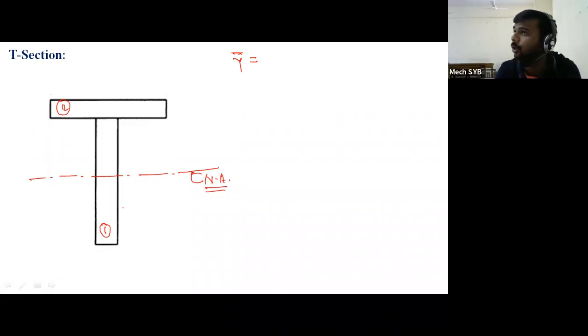This section is not symmetrical about x axis. Therefore, we have to calculate their y bar by using the formula a1 y1 plus a2 y2 plus